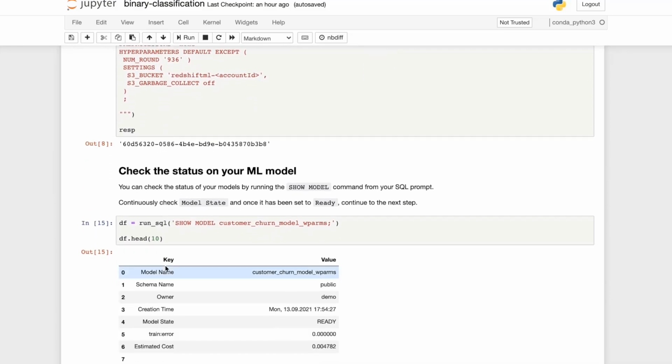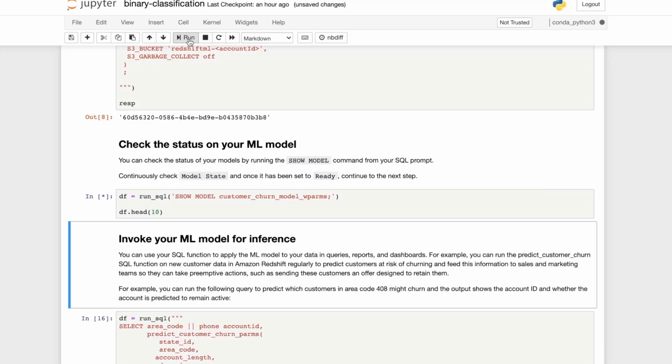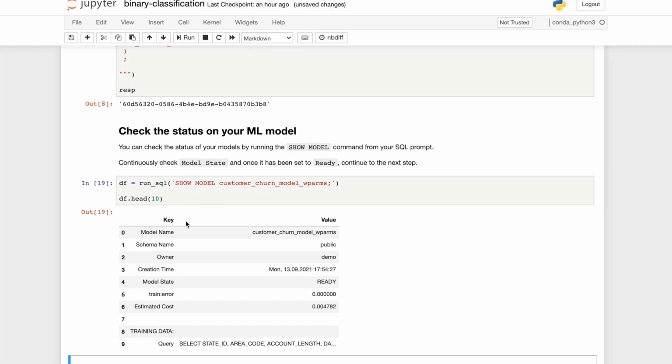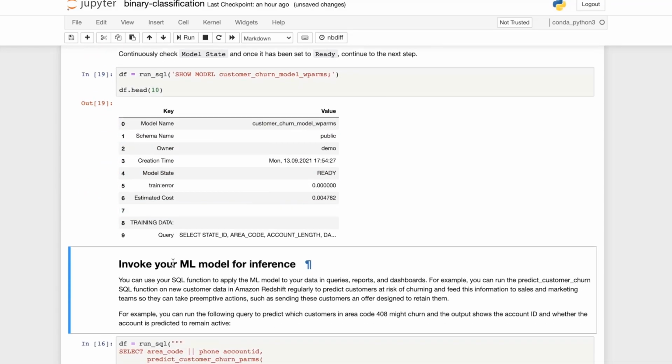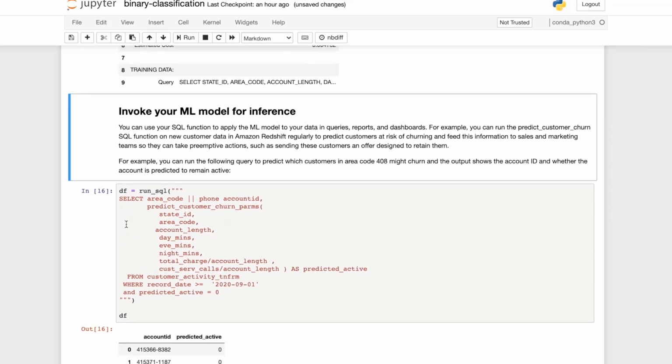Now, we're going to check the status of the model through the notebook here. So her show model command, as you can see, the model is ready. Now, she can run predictions inside the notebook.